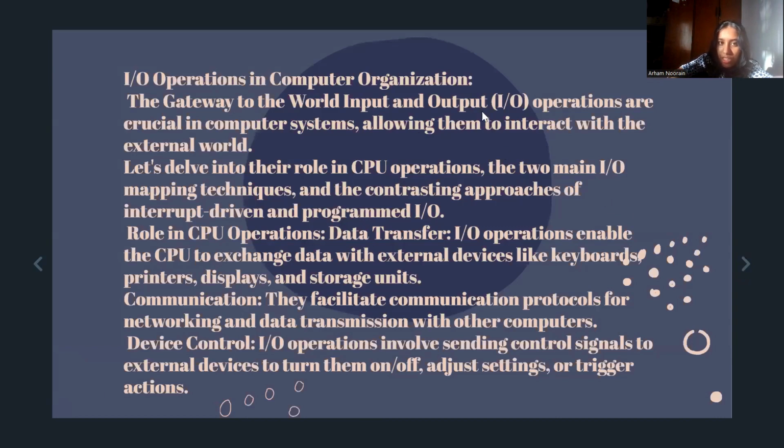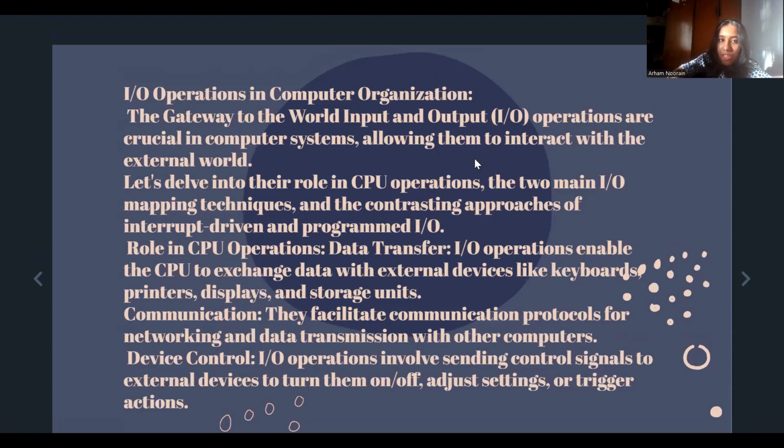Input and output operations in a computer: the gateway to the world. Input and output operations are crucial for computer systems, allowing them to interact with the external world. Let's delve into the computer's role in CPU operations. The two main input and output mapping techniques, and the contrasting approach of interrupt-driven and programmed input and output organization. That is, the data transfer that enables the CPU to exchange data with external devices like keyboards, printers, displays, and storage units. They also facilitate communication and protocols